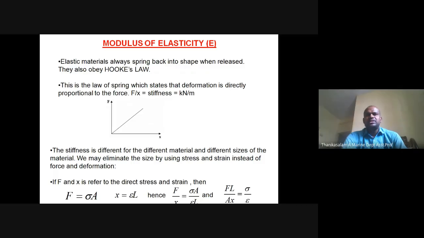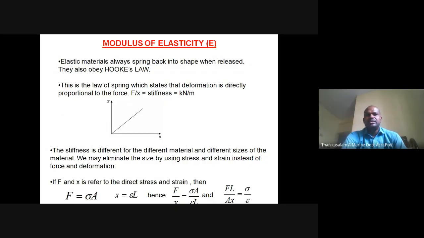Then modulus of elasticity, Young's modulus. Elastic materials always spring back to their original shape when the load is released. They also obey Hooke's law. We know Hooke's law states that within the elastic limit, the body regains its original shape and size after removing the load. Based on Hooke's law,